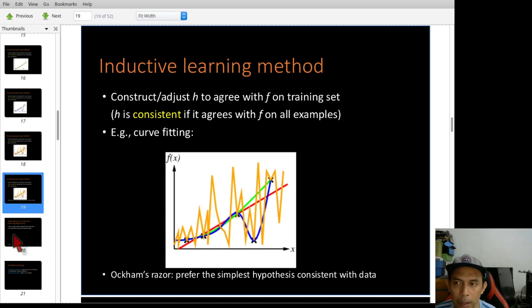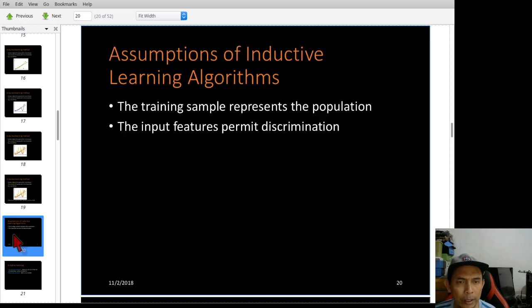Now in inductive learning, we need to have these two assumptions. We assume that the whole population is normally very big. Let's say you have 1 million data.